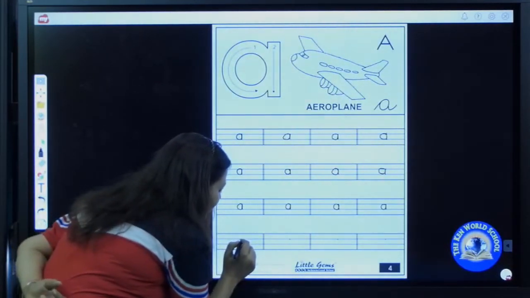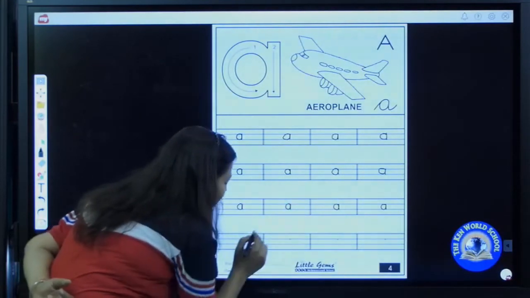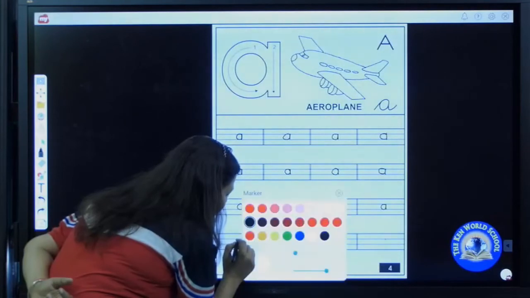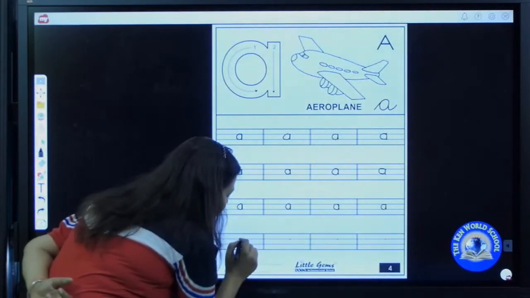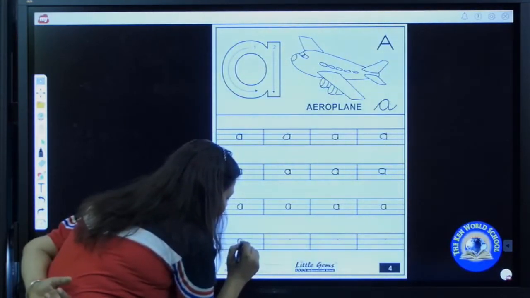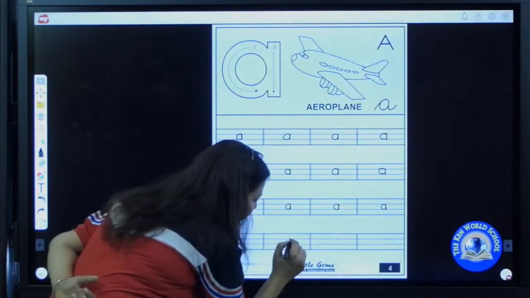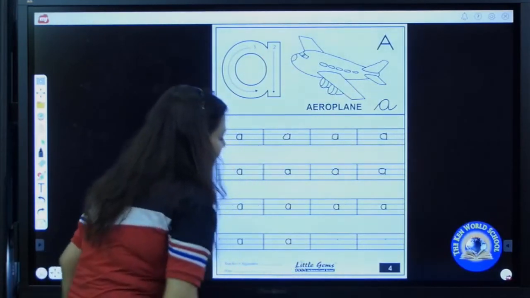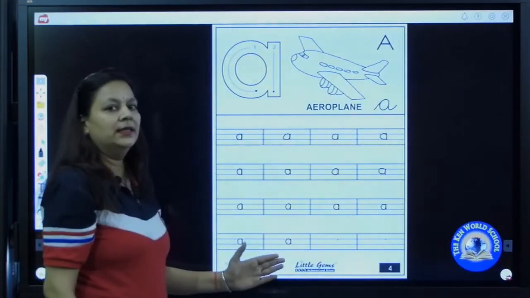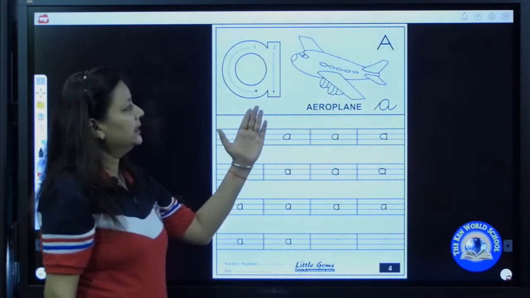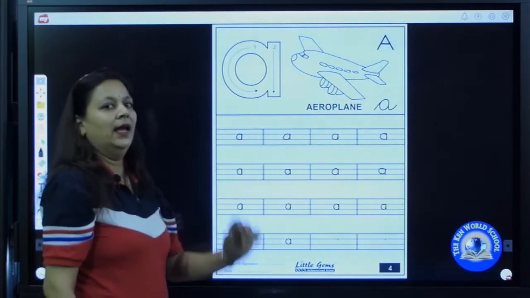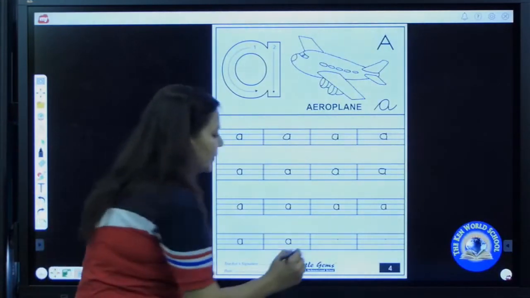Again, watch me carefully. Again, I am writing my a line. We will put a pencil on the middle line, make a curve till the baseline, go up to down, standing line. A. A says /a/. A as in aeroplane.